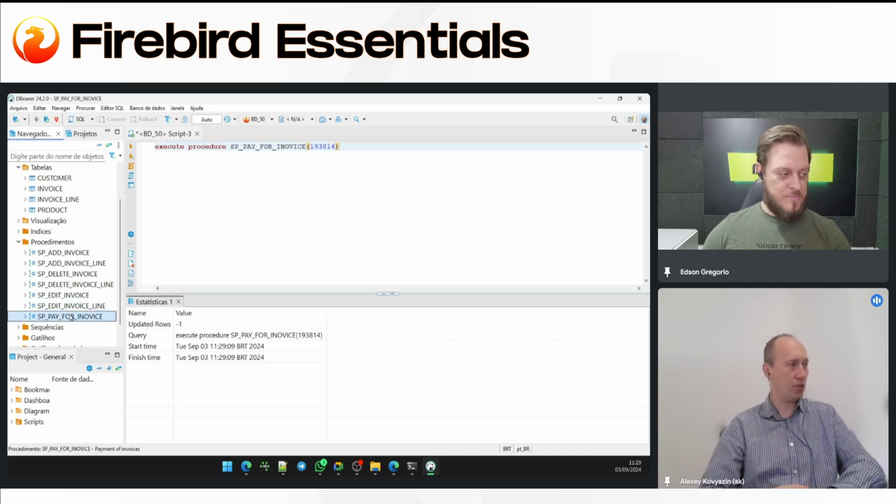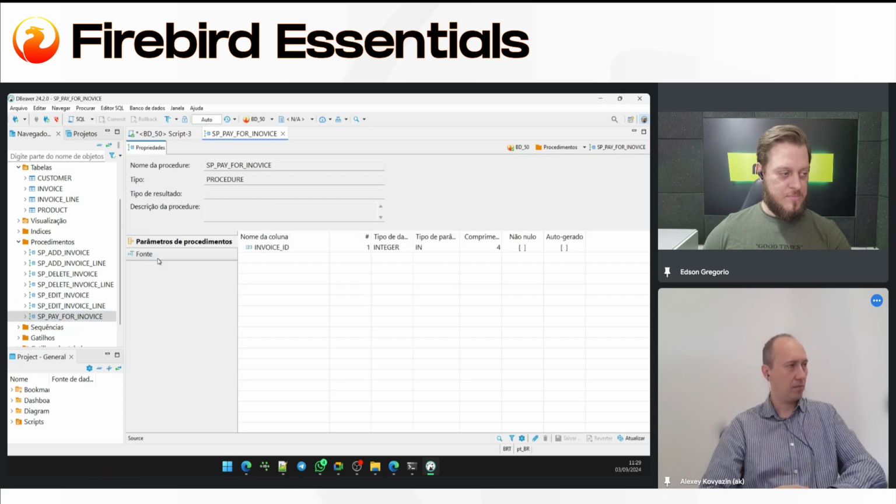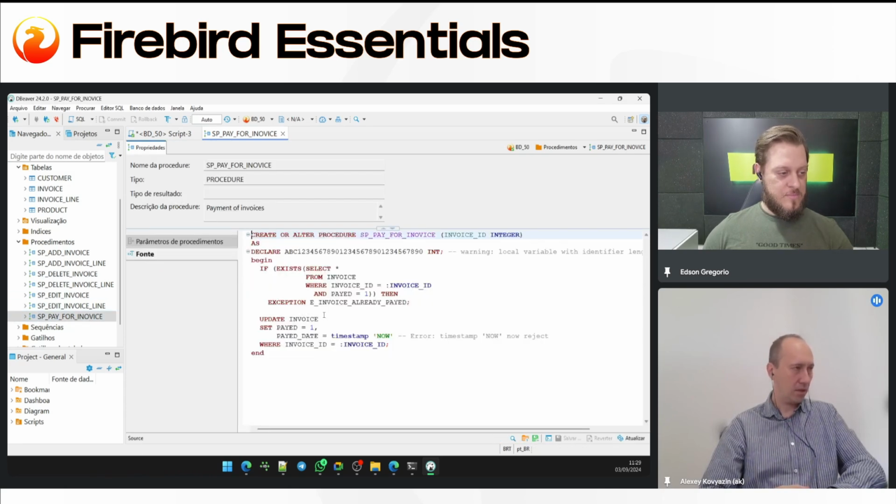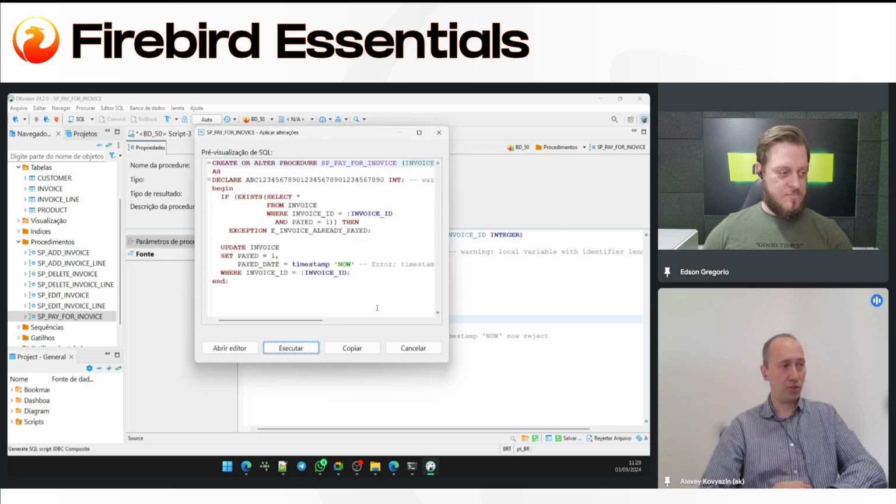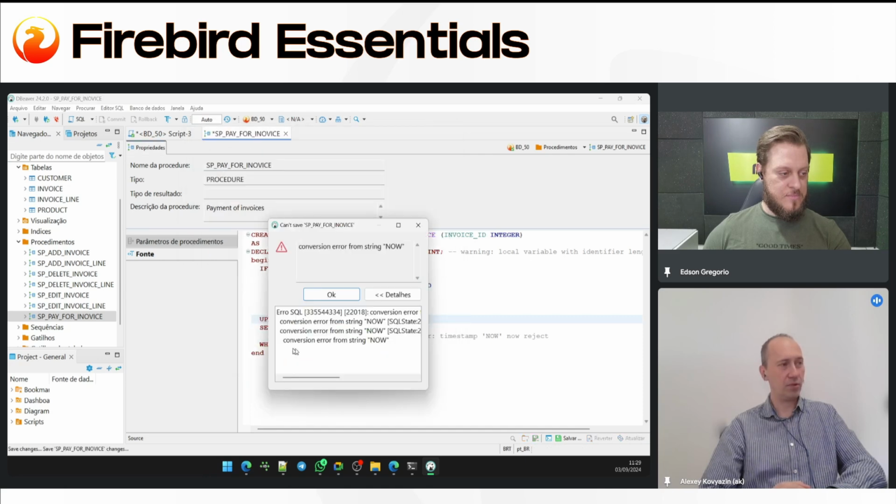But at some moment, we will need to change this stored procedure. So let's try to change it. Here, let's add like one space. No real change. And try to create the stored procedure. As you can see, the compilation failed. Why did it fail? Let's take a look at the